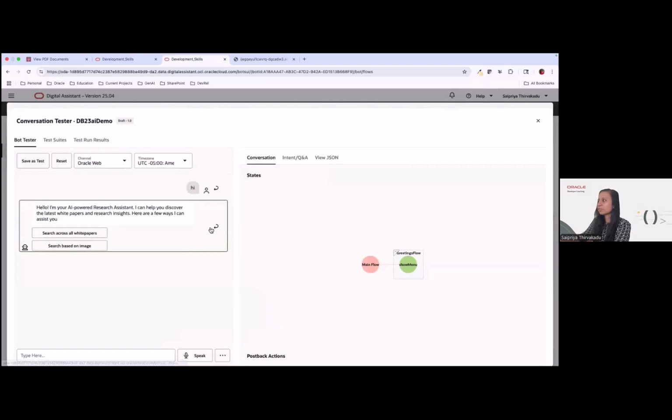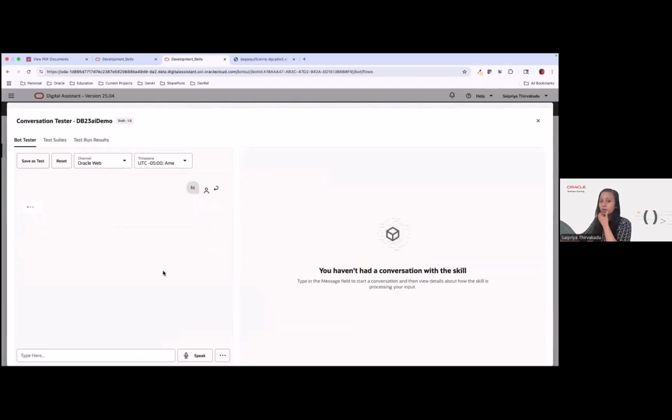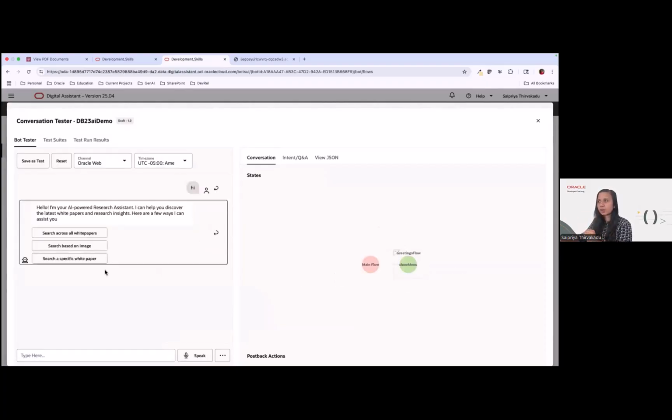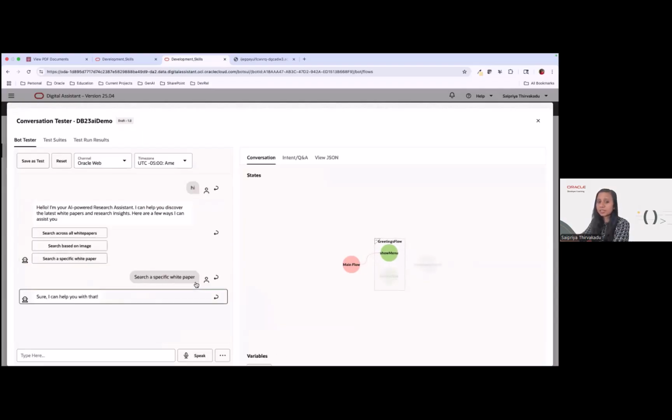Let's see the difference now. So now when I say hi, it's going to respond, search across all white papers, or you can search for a specific white paper. And then it says, sure, I can help you with that. But we haven't configured anything else after that, right? So what we can do is